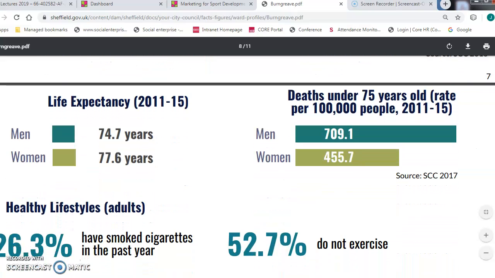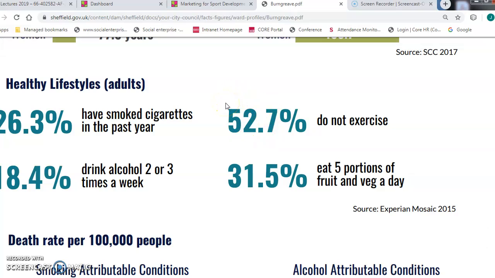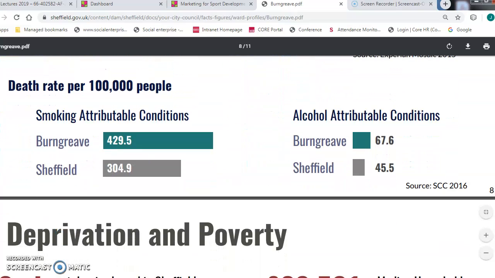Interesting information in terms of life expectancy. So women are actually expected to live longer than the men by nearly 3 years. Okay, it talks to you about the death rate of under 75s. It's lots to do with cigarettes. Here we go, really useful information here about 52.7% of the population of Burngreave do not exercise, okay? Do not forget this module is all about how you are trying to get the least active people active, all right? So the drinking of alcohol, how healthy the healthy foods that they eat, okay? And then it talks to you about what the death rate of people per 100,000 die from, so smoking, alcohol,